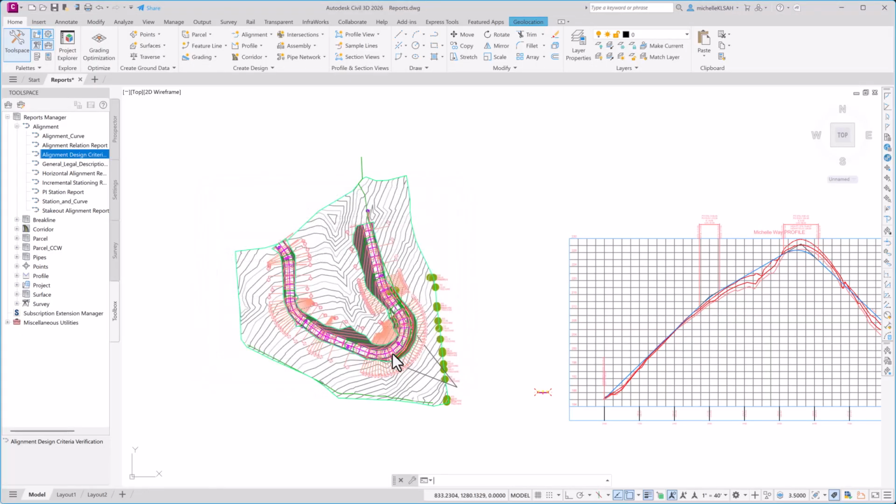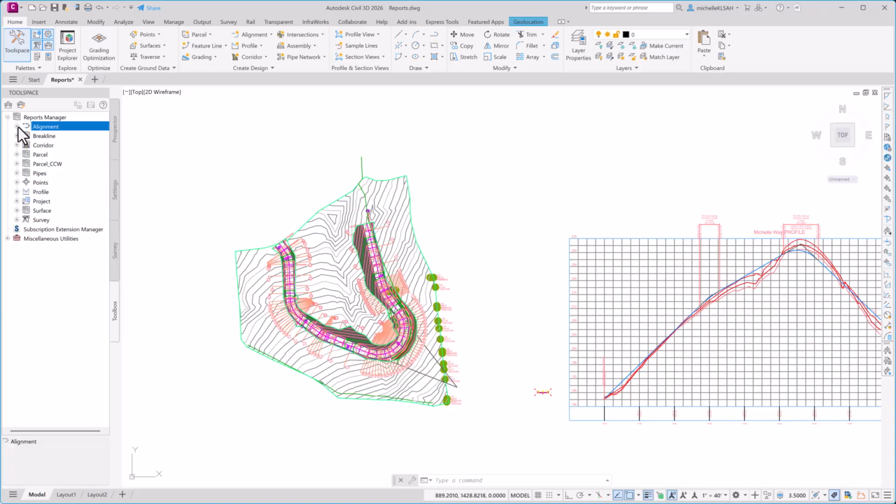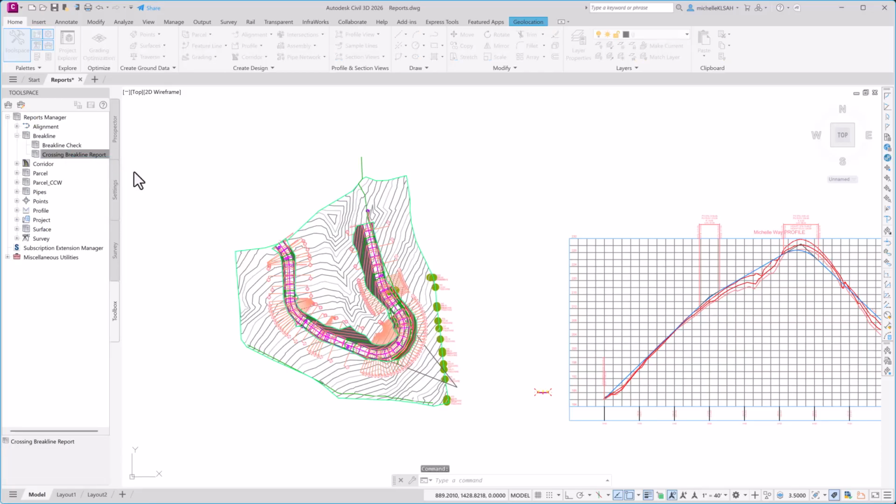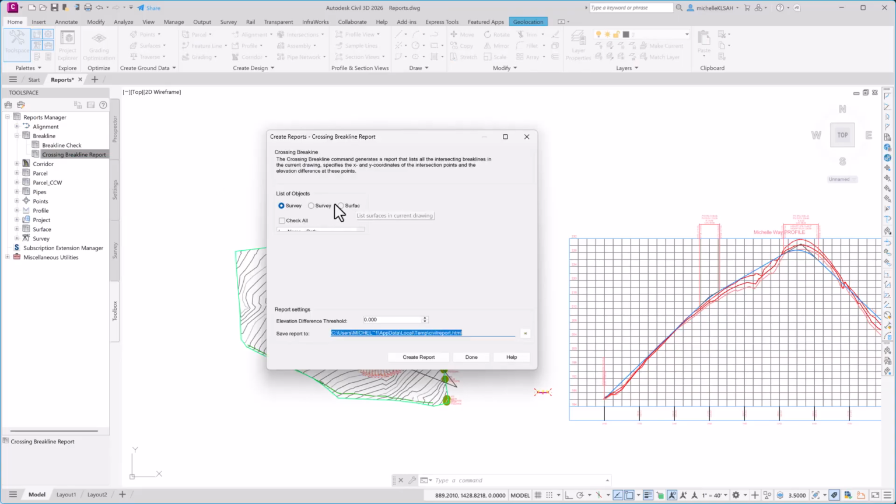Going back to Civil 3D, you can also do break line checks to make sure that your break lines are crossing at the right place, or check and see if any are crossing. So I can right-click on the crossing and execute that. Since I want to see if they're in a surface that's crossing, I'll check mark all of those and create